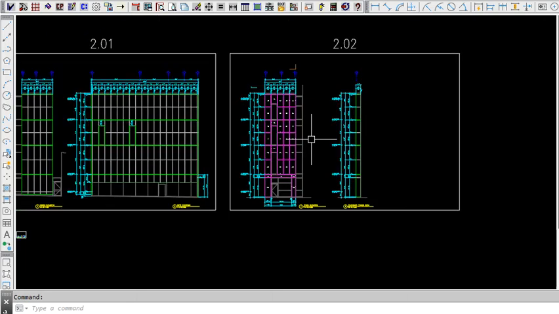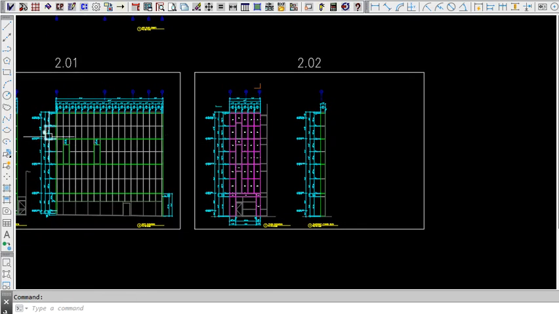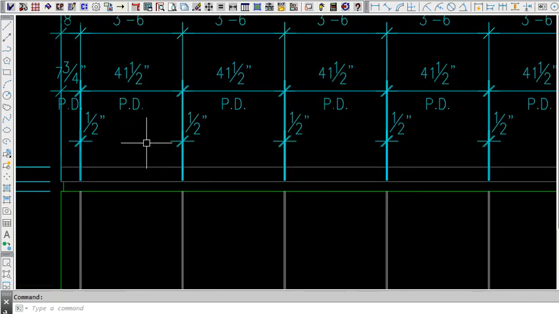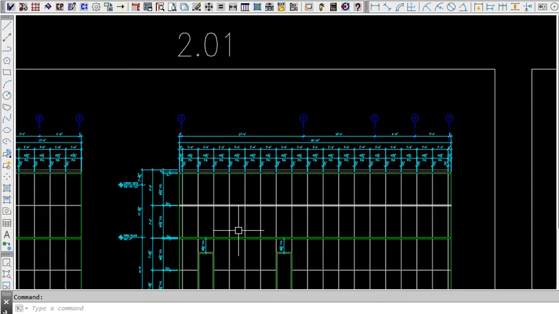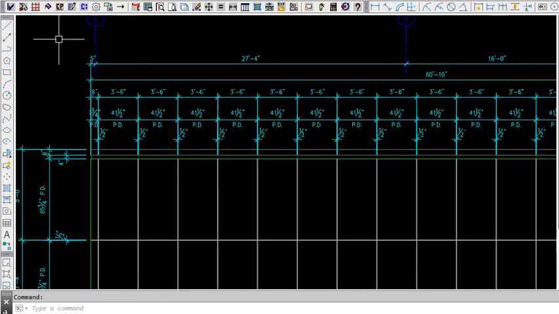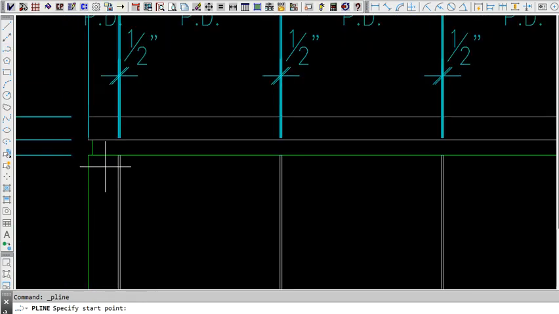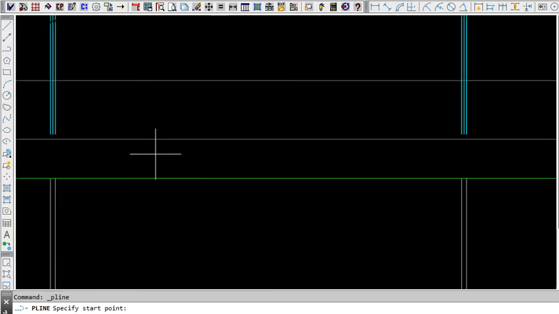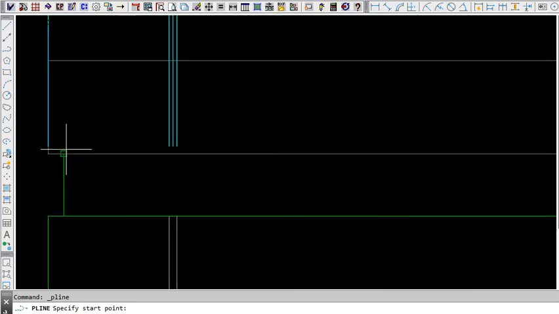Let's go ahead and look at how else we could have done this. Let's say this was the designer's job and he did all this work for us, but we already have dimensions up here, so we could create this whole grid of panels quickly by just drawing a polyline in AutoCAD. It's right here, and let's start right here. Let's look for the center line to reveal. Okay, let's start right here,